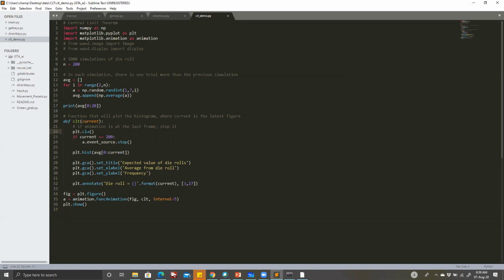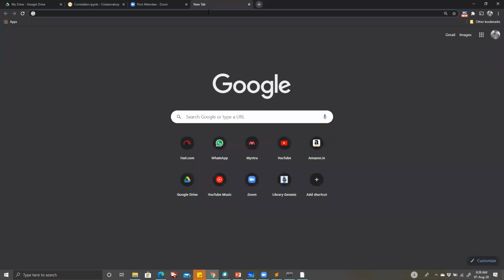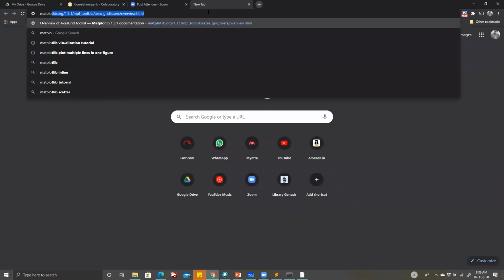This function, plt.cla. Yes, sir. Basically it has to keep track of the animation. It keeps track of the source, when to stop, and then you can internally plot all the details. So when you want to use this animation function, Matplotlib has an animation package as well. Over there, it needs to keep track of the number of frames and what to produce in those frames. So let me just show you.